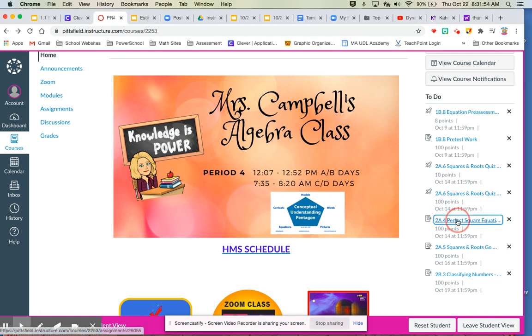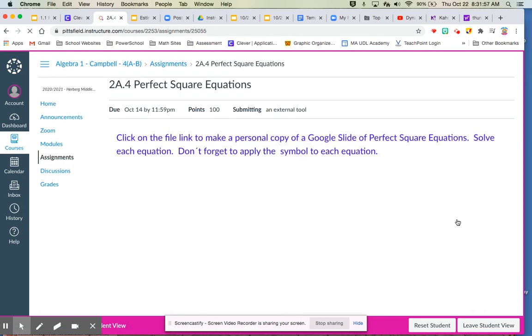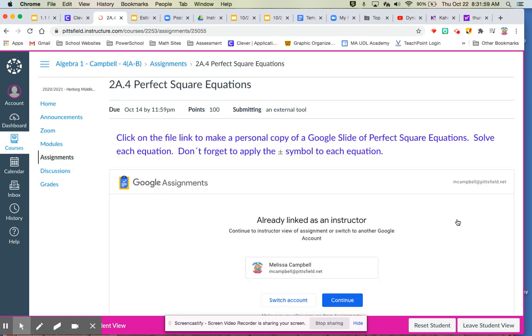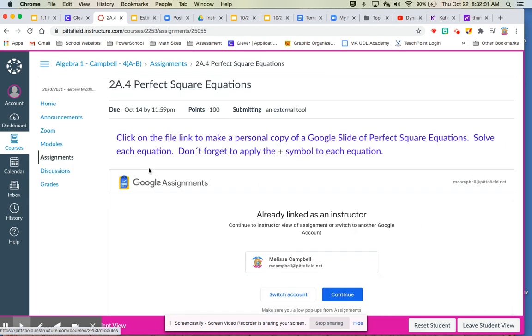So you can click on the assignment and it'll bring you right there. So it is an active link. And then it will have instructions, and you can click on the assignment, complete it, submit it, and you're good to go. If I go back to home,